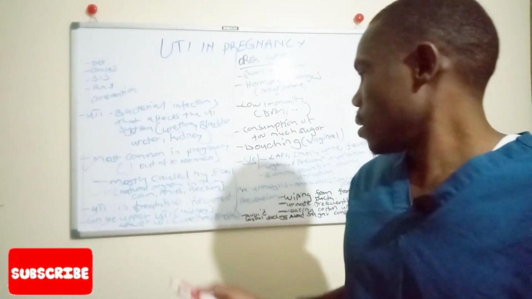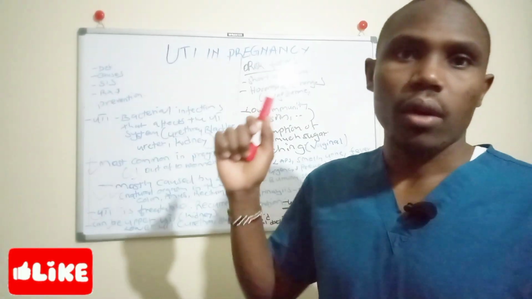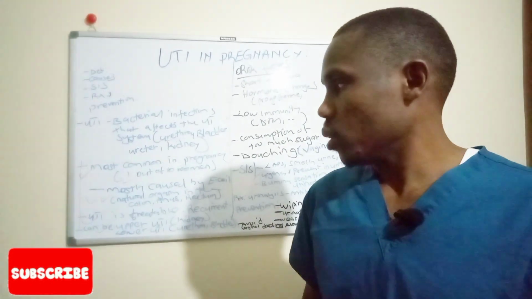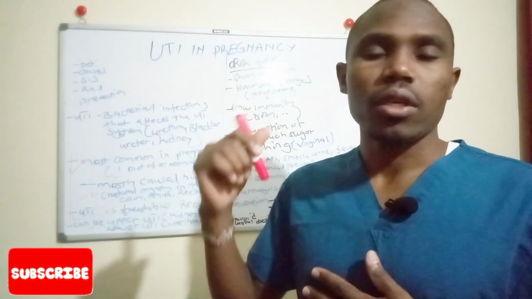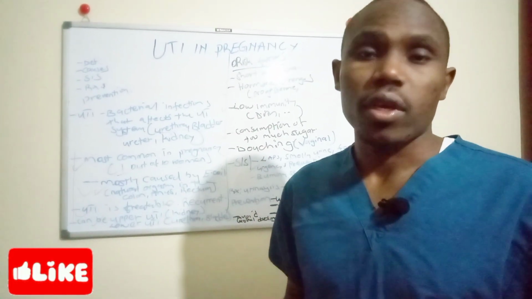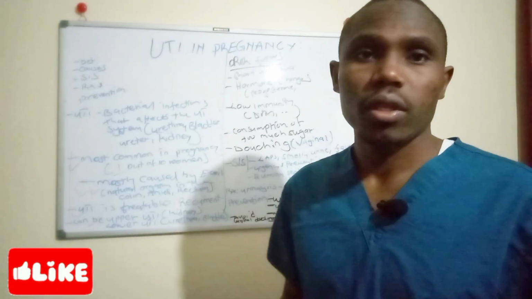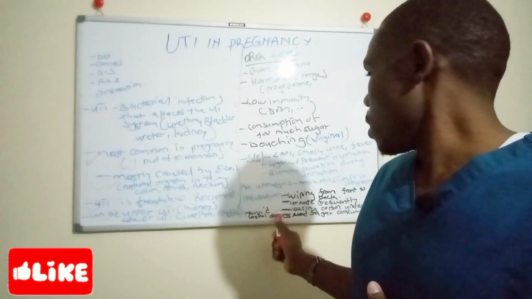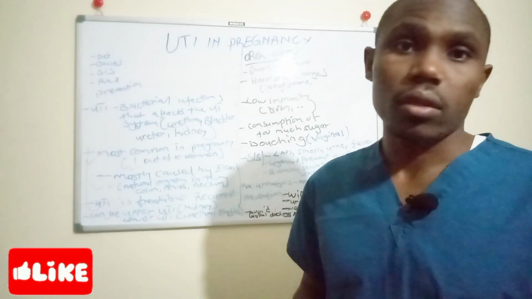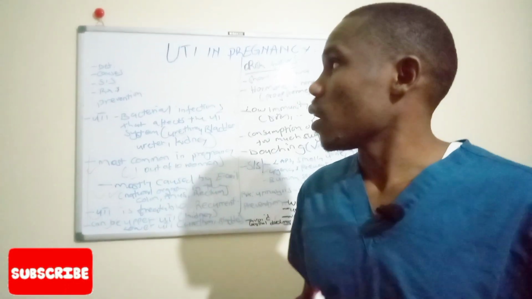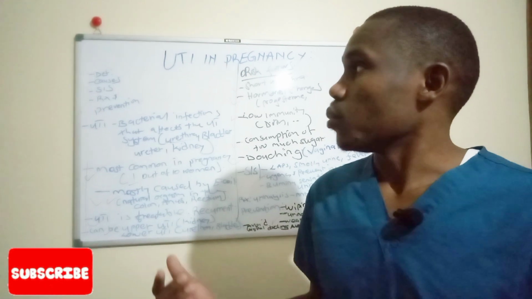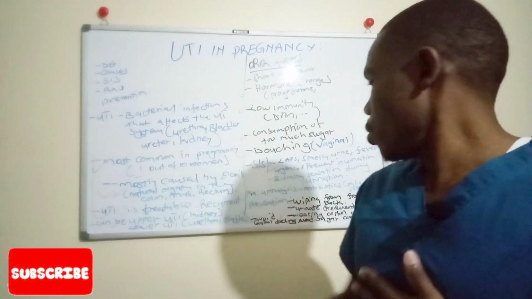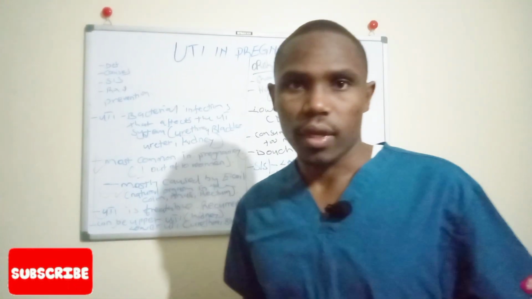So on prevention, again, women need to observe hygiene by wiping themselves from front to back to avoid this E. coli migration. The other thing is to always urinate frequently. Don't hold your urine. If you have a feeling of urination, just urinate to avoid much holding of these bacteria. And the other thing is wearing cotton underwear, or just what we call panties, to absorb this moisture and also to make sure that the environment is good. The other thing is to avoid vaginal douching and avoid high consumption of sugar.